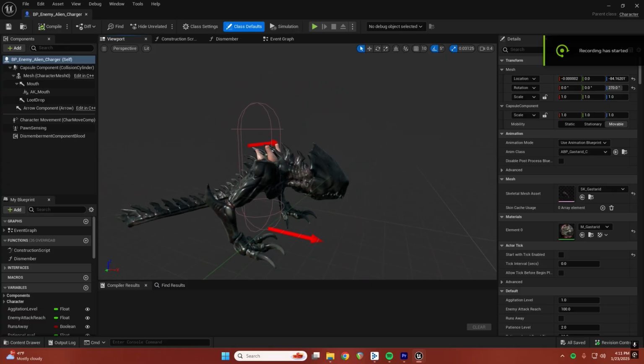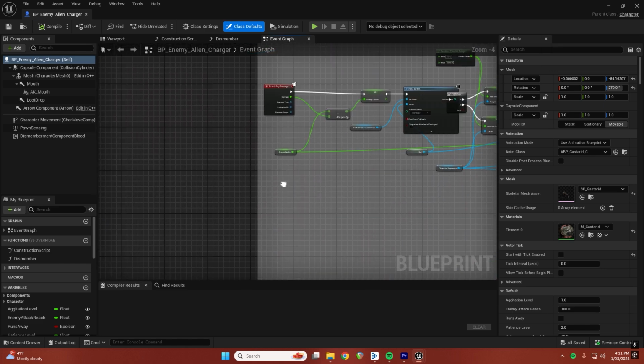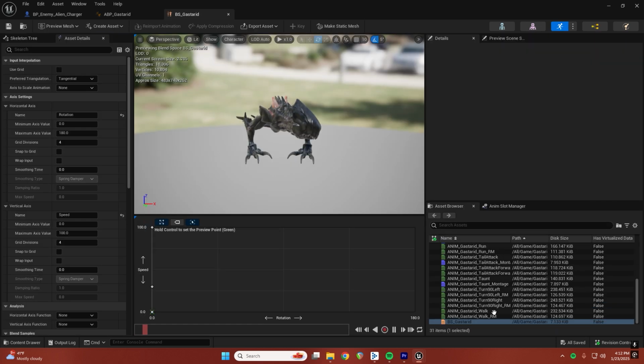Next, I added several enemy types. I created an alien enemy blueprint and behavior tree to allow them to roam around, hear and see the player, and then chase and attack the player. Then I tagged the animations, as well as implemented audio events and their logic to play footsteps and vocalizations.